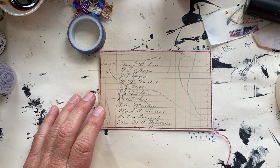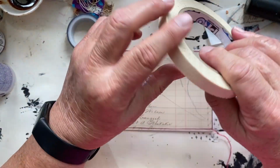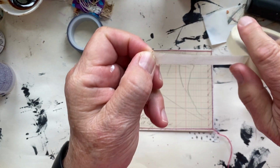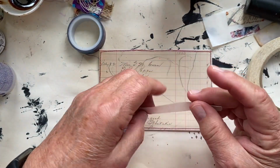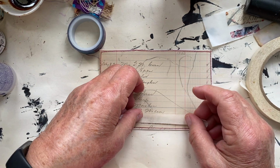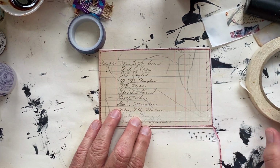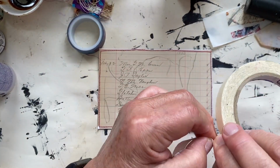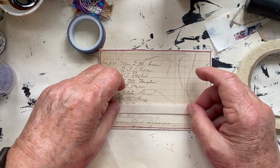Okay, so now I'm going to take a piece of masking tape. Tear off a fairly long piece that will extend pretty much across the card. And then I'm going to take another piece and also put that, not lining them up, but